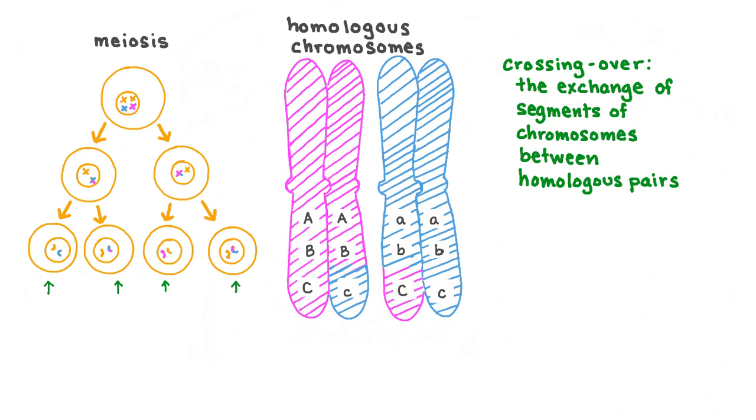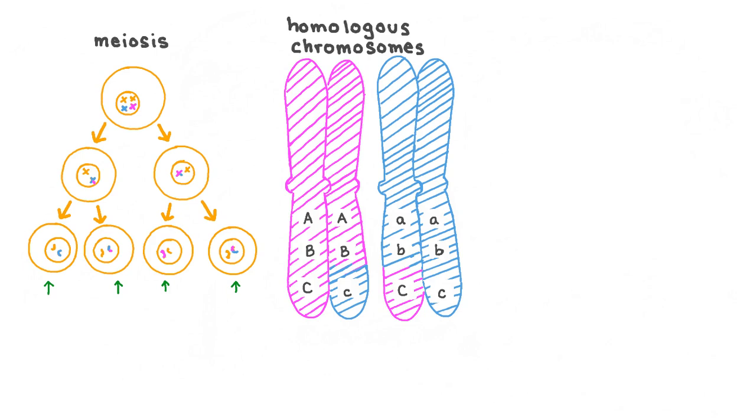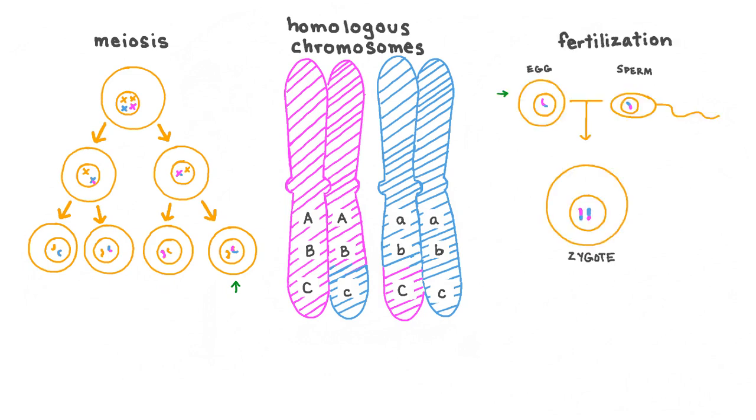This means that when meiosis finishes, each of the 4 gametes produced will have a different combination of alleles on this chromosome. We've only shown crossing over occurring on one chromosomal pair here, but remember that crossing over can occur on all chromosomal pairs in a cell. As we learned earlier, each gamete produced in humans will typically have 22 autosomes and a single sex chromosome. One such gamete from the biological mother and one from the biological father will fuse together during fertilization, as we saw earlier. And this is how a zygote receives its alleles. So if we say that these are the alleles received from each of the parental gametes, then our zygote would end up with a genotype like this.